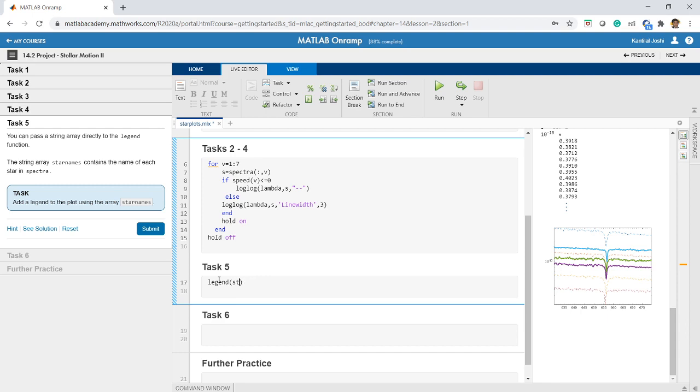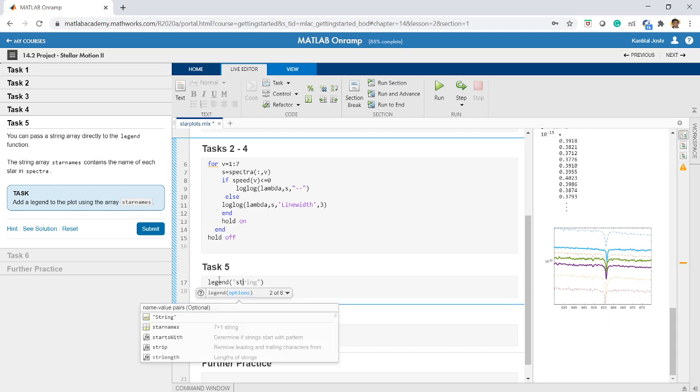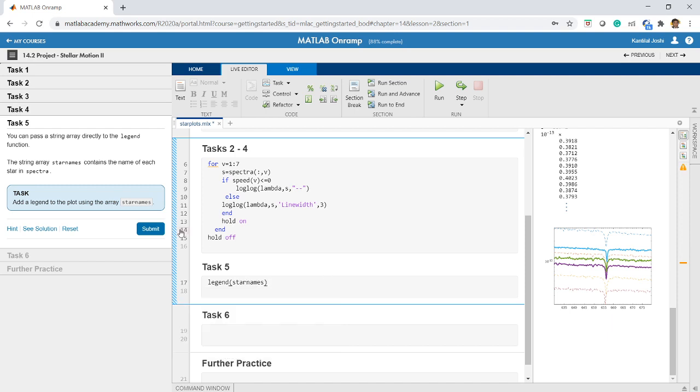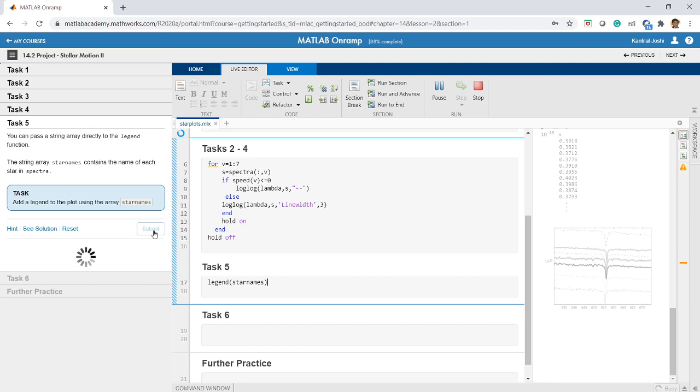It is asking us, you can pass a string array directly to the legend function. The string array star names contains the name of each star in spectra. Since it already has the strings, I should get the answer like this. Let me check whether this works. Otherwise we'll search for the correct syntax.